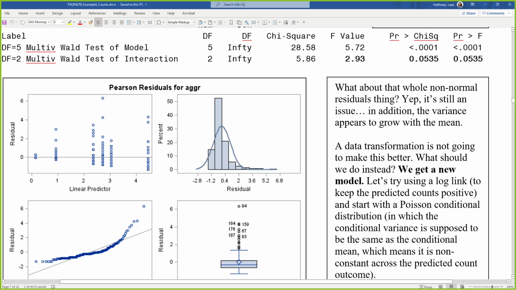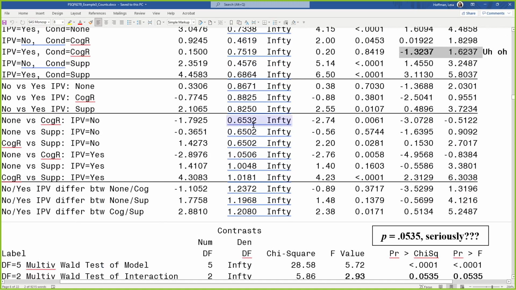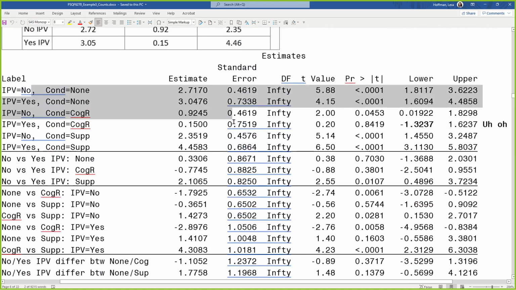Yeah, I think you could ask it to predict the outcome for everyone in the data set and look at the predicted counts and see if any of them go out of bounds. And in that case, the result would be only one, no? Well, based on the different characteristics of the explanatory variables. Yeah, so there's only 6 types of people in this data set, essentially. Because of the use of categorical predictors and no covariates, these are the 6 possible means this model could create.